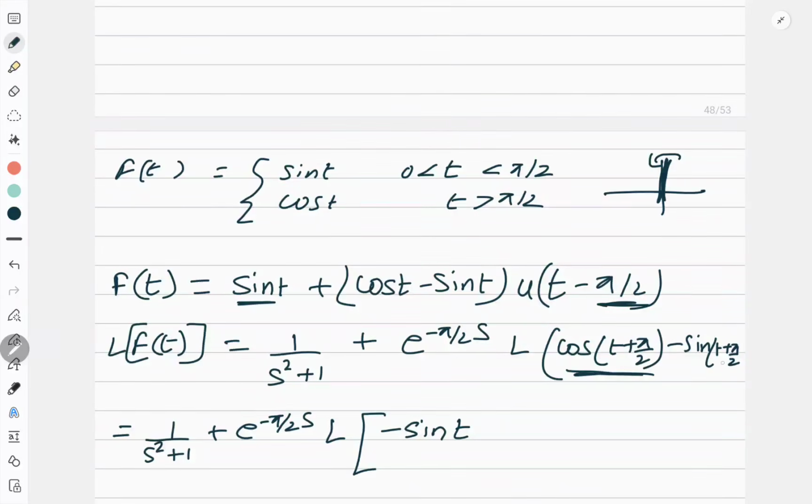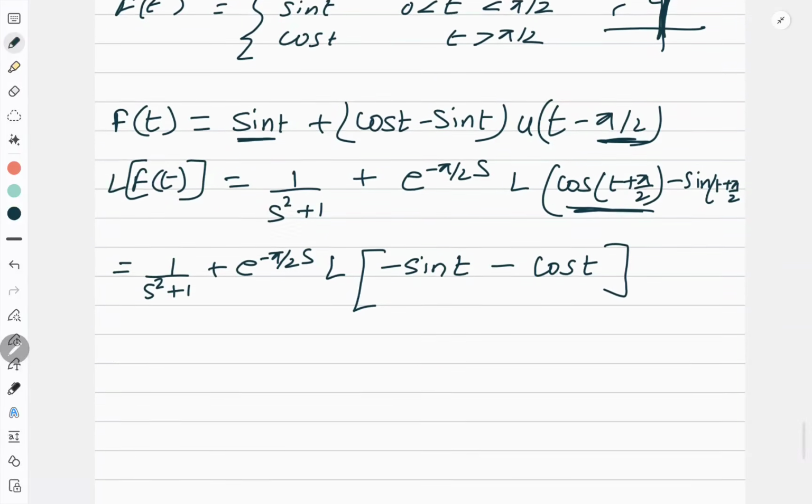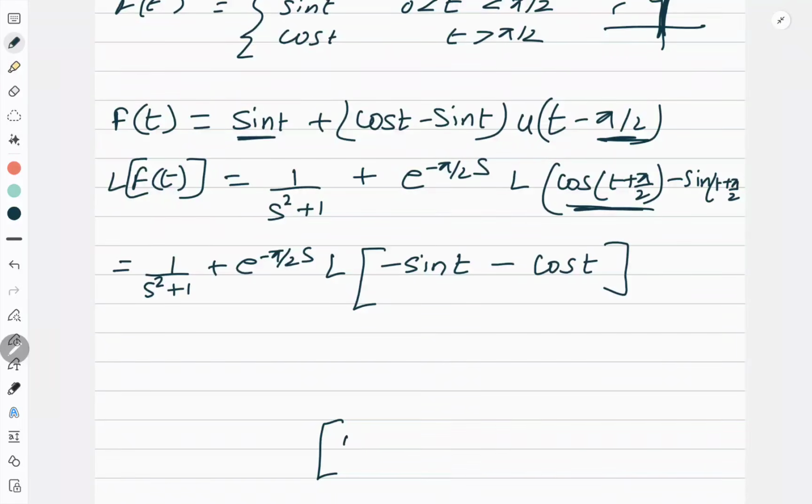Okay. Now go to the next term. Now again you have pi by 2 and t. So again sine will become cos t. But you are entering your own house. The first house is of sine. This is for sine, right? So this will remain minus. So minus sine t. If you get confused, I'll show you here again. See, cos a cos b minus sine a sine b. Right? Cos 90 is 0. So this term is gone. Right? And sine pi by 2 is how much? 1. So minus sine t. That's why it became minus sine t.